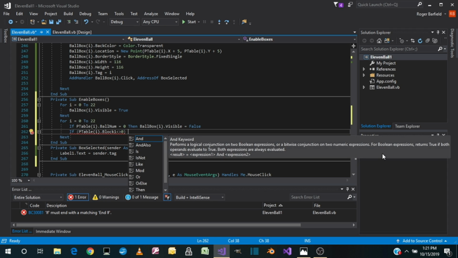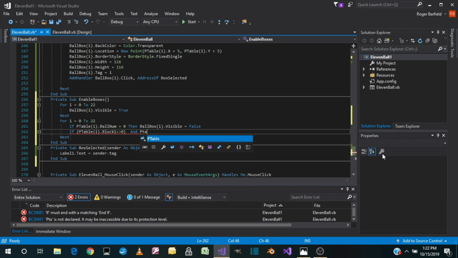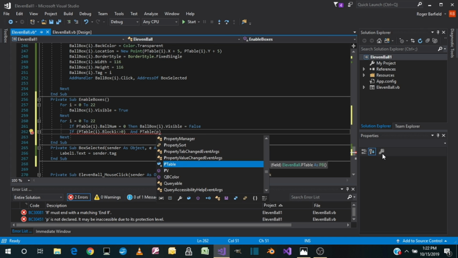Is there a ball that can block it? So we look at block 1, is there a ball that could possibly be there? If it's 0, like on the 8 ball or on the rack ball, there's nothing that can block it on that side. But if there is something that can block it on that side, check to see if it's actually there. So p table dot with p table